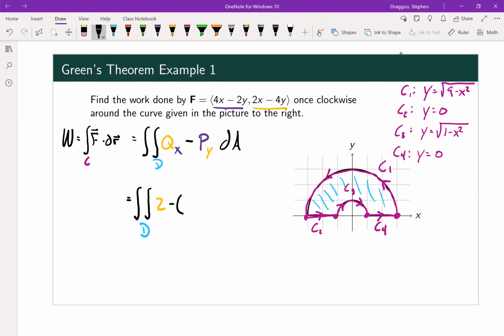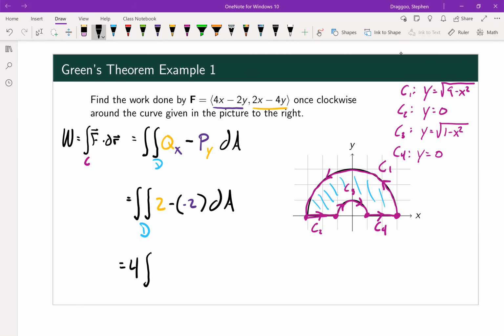And if we do that, we're going to get 0 minus 2. So 2 minus negative 2 dA. Since we're subtracting a negative, that should really come out to 4